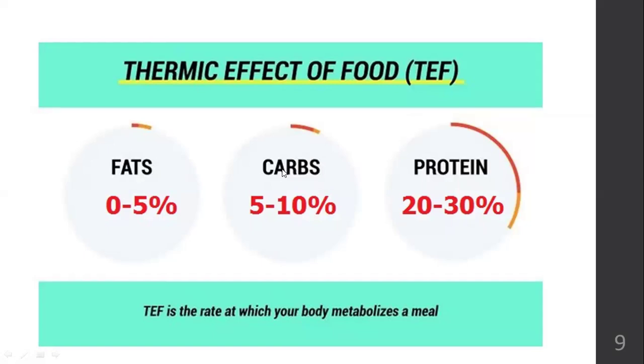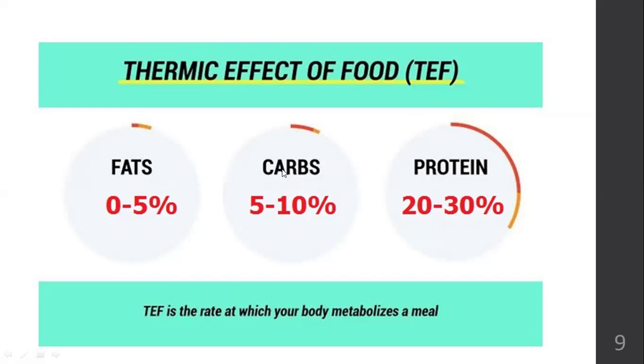The thermic effect of food is the amount of energy that your body uses to digest, absorb, transport, metabolize, and store nutrients from the food. Usually macros, not all nutrients. We are specifically talking about carbohydrates, proteins, and fats. So to digest them, to absorb, transport, metabolize, and to store them,